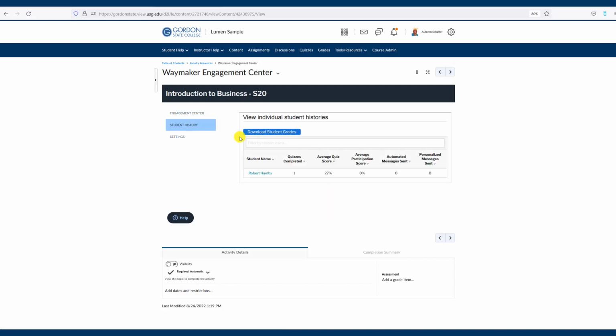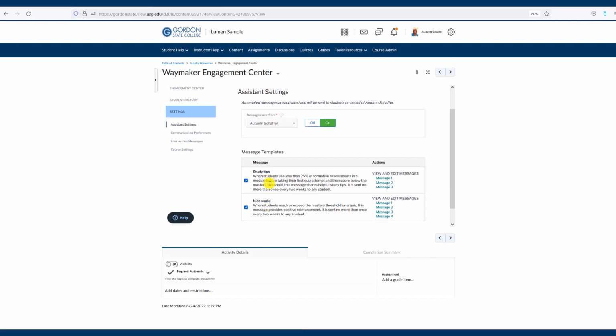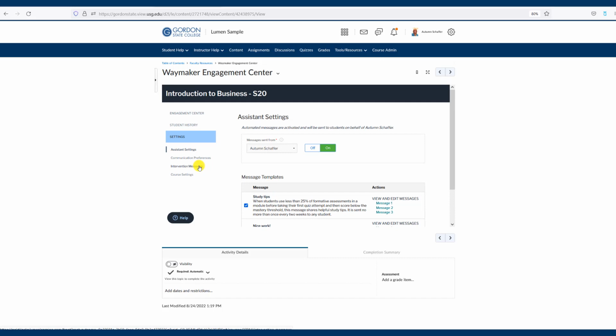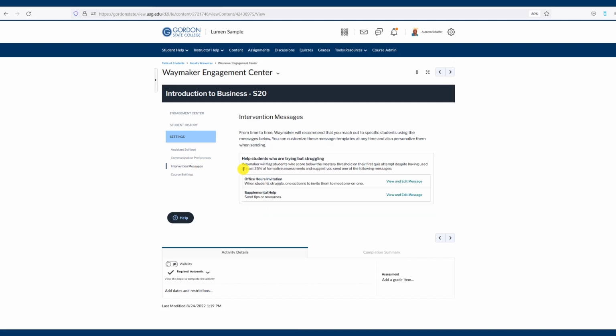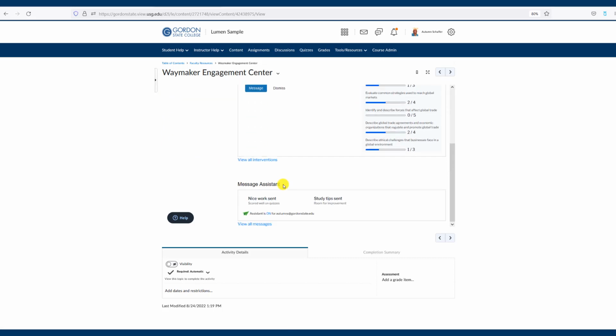Under the student history tab here, this is where it's going to show students' names as well as their history on the different quizzes and the different messages. So if they have been getting those automated messages sent or the personalized messages sent, they'll be there. The automated messages are the ones that are here under assistant settings. These two are going to be the ones that are automated messages. Other ones that you might send that are going to be considered personalized are the intervention messages, or the ones that you send here when you click on the name of a student here. Those would be considered